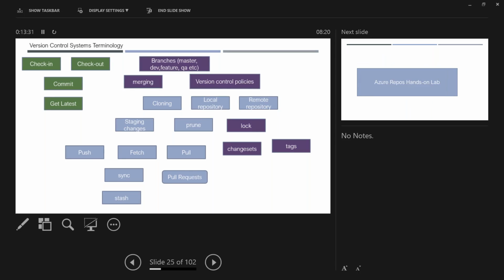And then stash, we will talk about stash. There will be some scenarios where you need to stash your code. That means, I'll give some high level example. You are working in some sprint, and suddenly you might be required to work on some bug fix. You have the code. If you do that bug fix and release, what happens, whatever the code you've been doing for some requirement will also go actually. Then you don't want to release it, right?